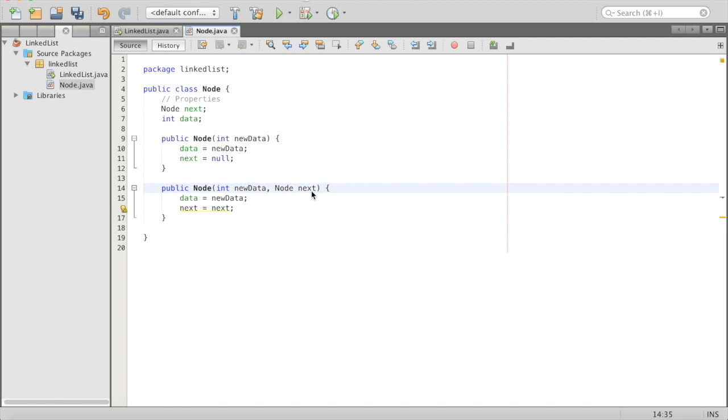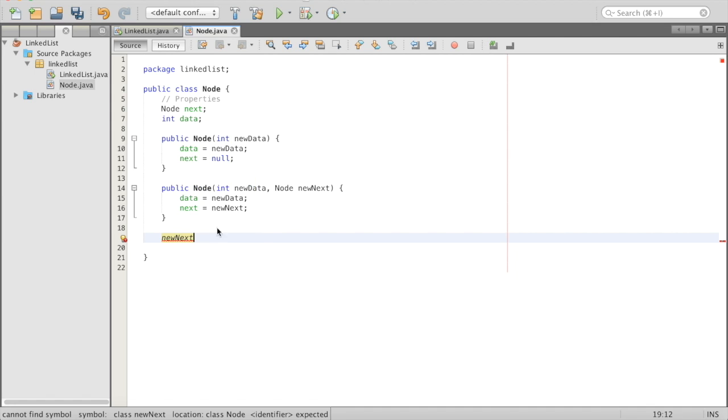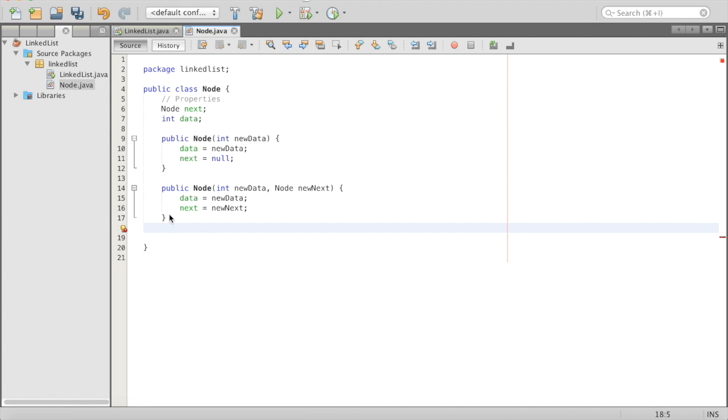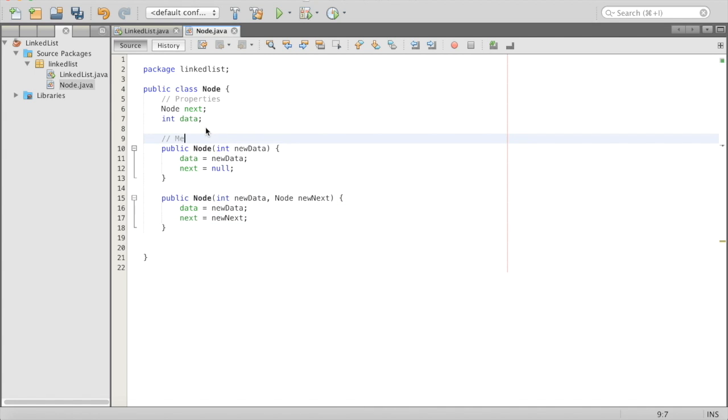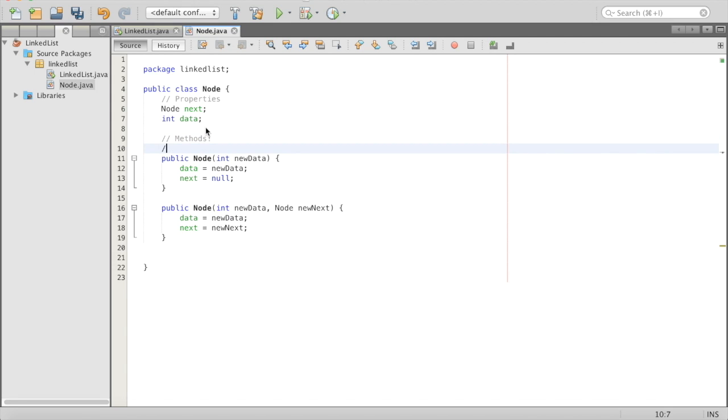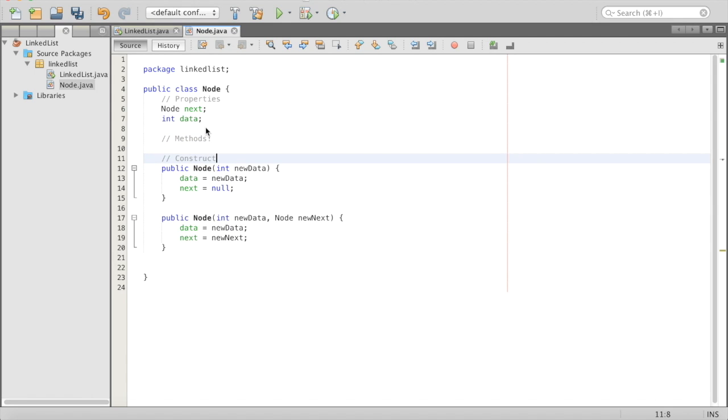And to make this a little bit more clear, we can do new next instead of just next to prove that it all works, and that you can't, like from the last video, access new next out here. It's going to freak out and be like, oh, what's the symbol? Okay. So up here we have our methods, and then we'll say a little space, we'll say constructors,